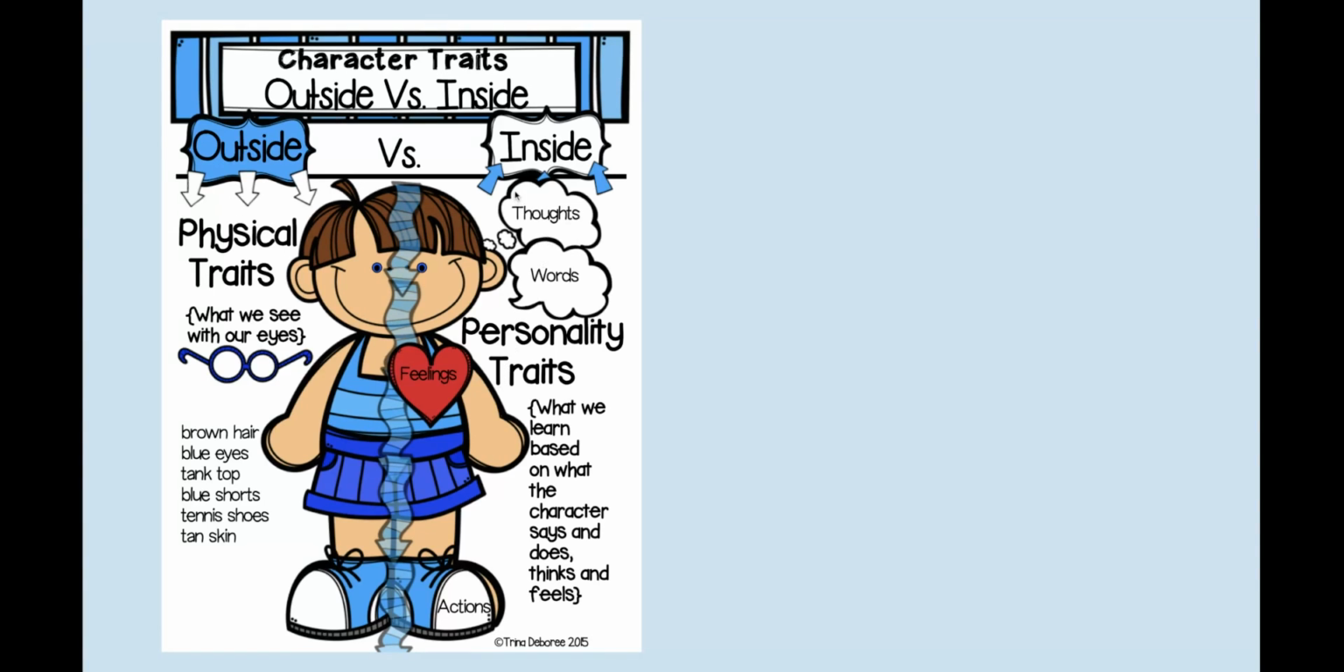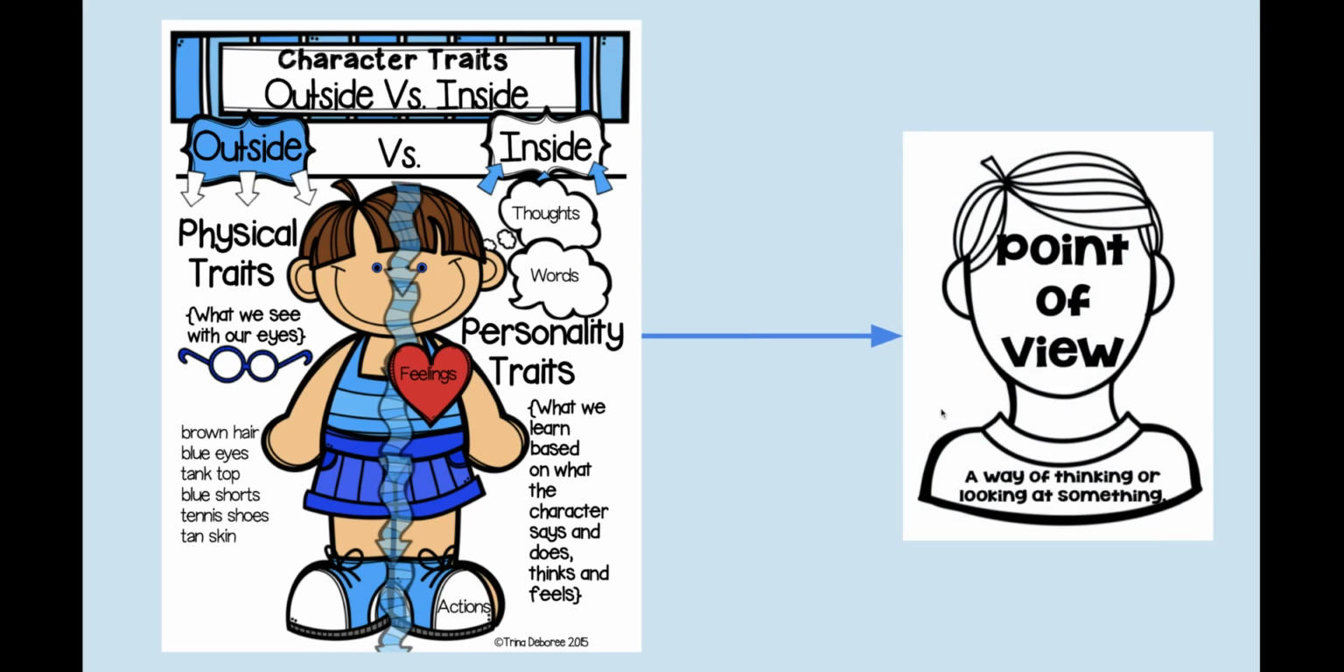We know what a character's trait is on the inside if we pay close attention to the things the character says, the words they use, their thoughts, those things they think, and their feelings, those things that they feel on the inside. Now, sometimes we have to look at external traits to understand the internal. Like this boy's smiling, so I think he's feeling happy. But we need to make sure that we are aware that authors don't always tell us the internal traits. We have to pay close attention to what characters do, think, and feel